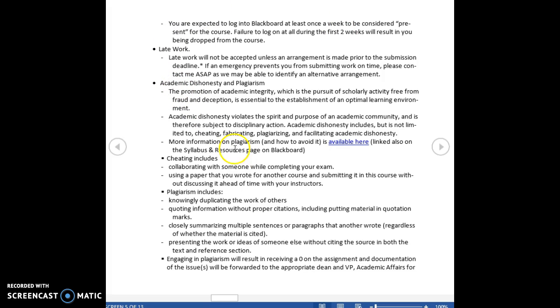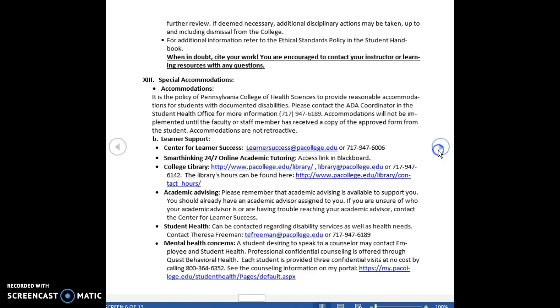I'll say one thing about dishonesty and plagiarism. Quite often students, I think, don't fully understand what plagiarism involves. And so I have provided an online tutorial here that I think is really good and does a great job of educating us on what is and is not considered plagiarism and how to avoid that. So I encourage you to check that out. It's not required, but it is certainly strongly encouraged. Every year I have students who, I think, unwittingly engage in plagiarism and then end up having to redo their work or receive a 0 on the assignment.